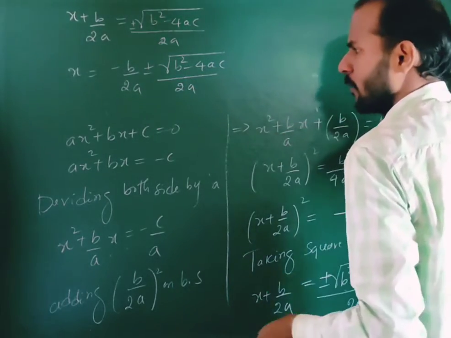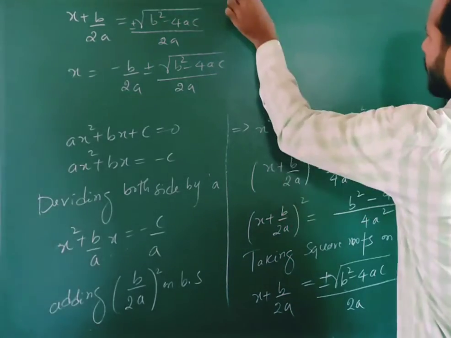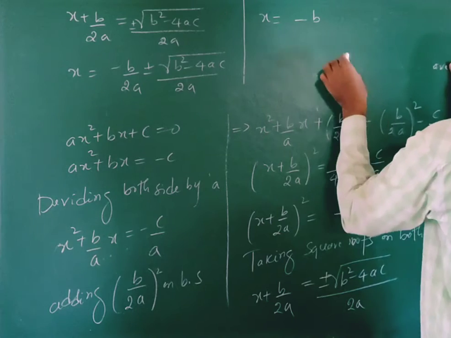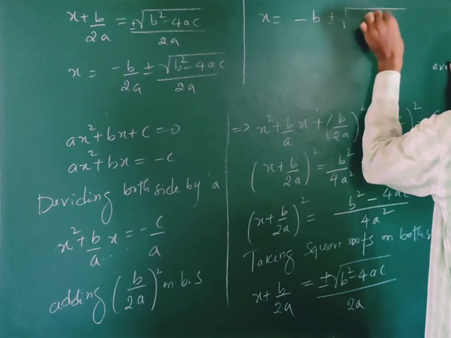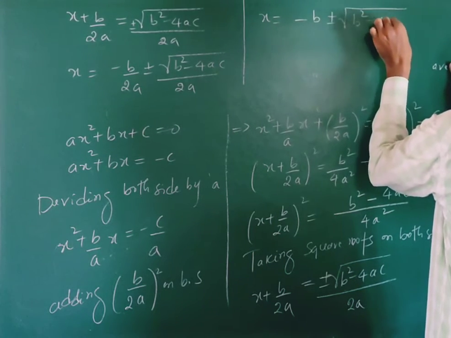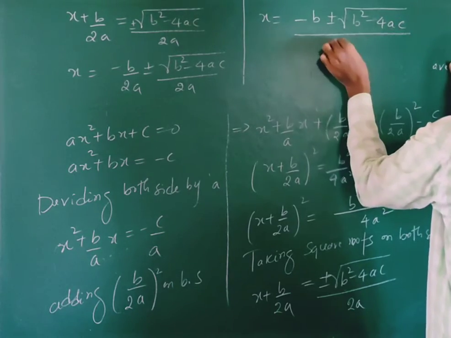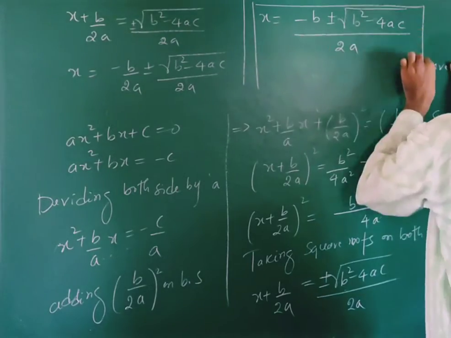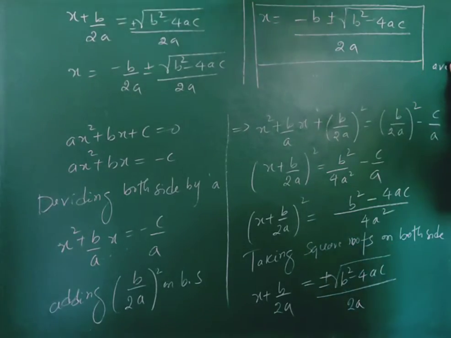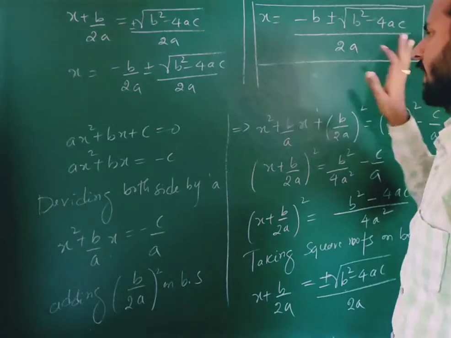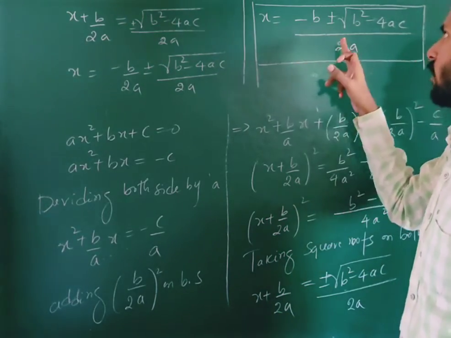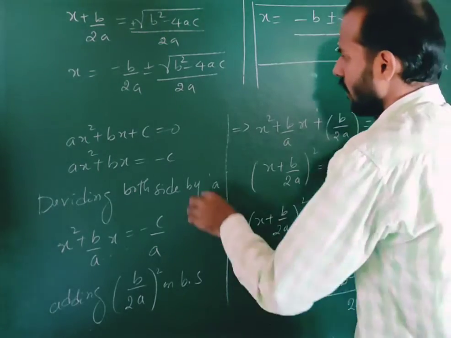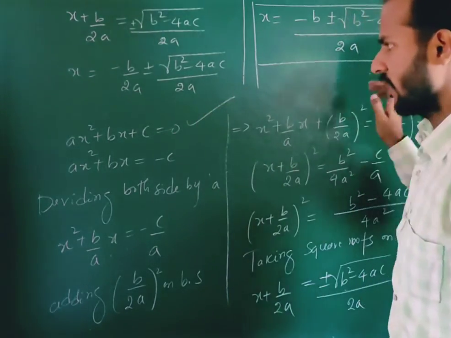Now here bases are same, denominators are same, so what can we write here? Therefore, x equals to minus b plus or minus under root of b square minus 4ac upon whole divided by 2a is nothing but our required root formula for the quadratic equation, right? X equals to minus b plus or minus under root of b square minus 4ac upon 2a. What we did here, now let us consider the standard form of a quadratic equation.